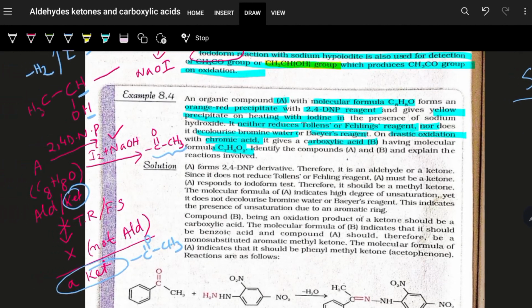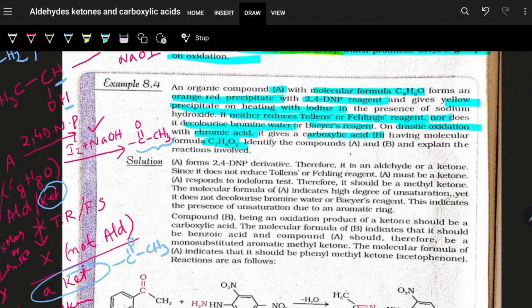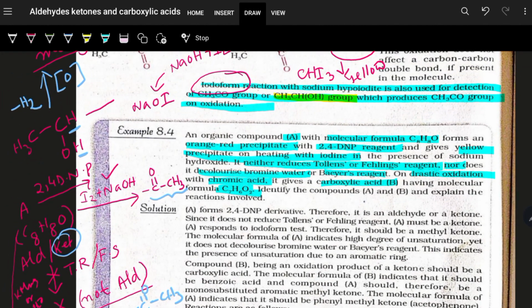Next, nor does it decolorize bromine water or Baeyer's reagent. Here again, Baeyer's reagent is KMnO4. So when I give KMnO4 or bromine water, there is no reaction. So it is not an alkene also. No unsaturation is present, no C double bonded C system is present. So on drastic oxidation, that is strong oxidation, it gives